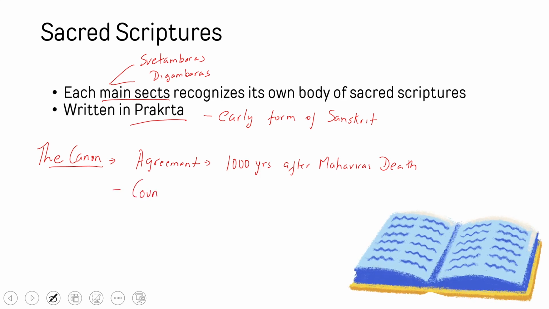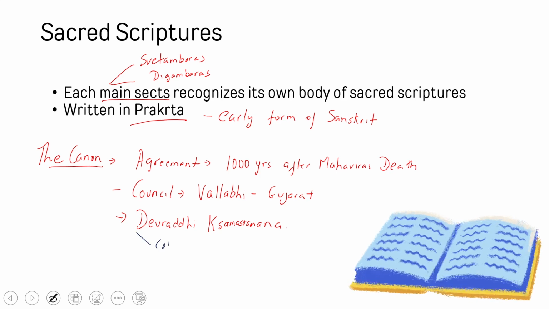It is said that there was a council held in Vallabhi, in current day Gujarat, and it was presided by a monk called Devardhi Kshamashramana, and his duty was collecting and arranging the sacred texts